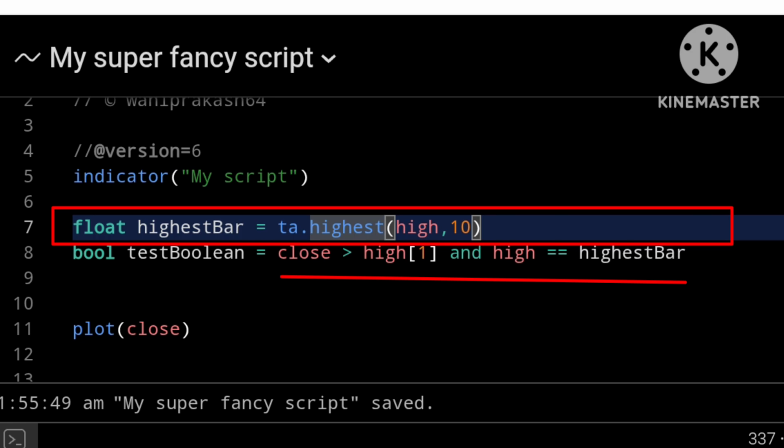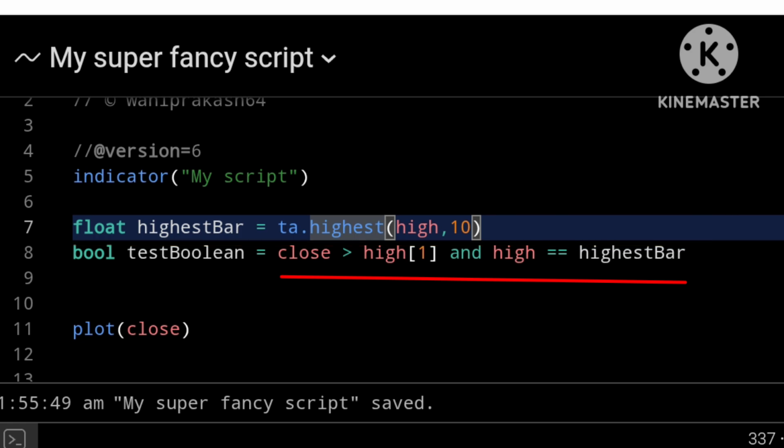So I have extracted this function from this conditional statement, and it is now a global variable. This variable is initialized on every single bar on my chart, no matter what, every single tick that my script runs. And now we are checking the current bar's high value against that variable no matter what.